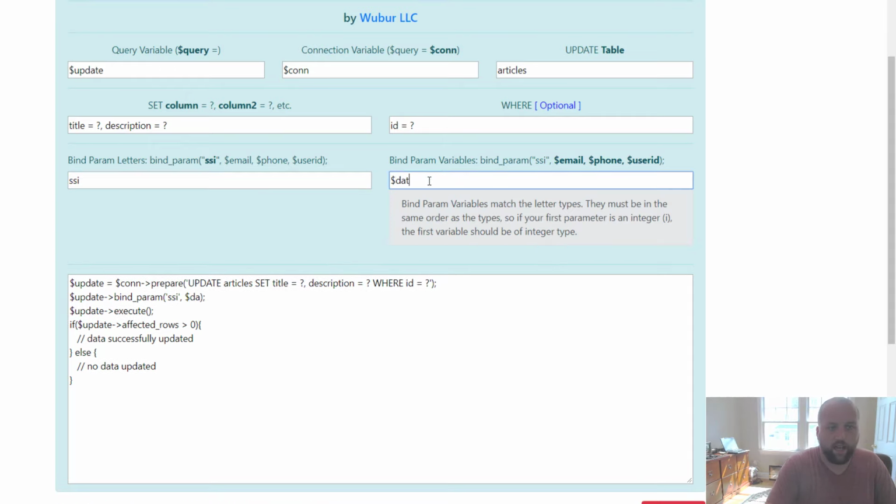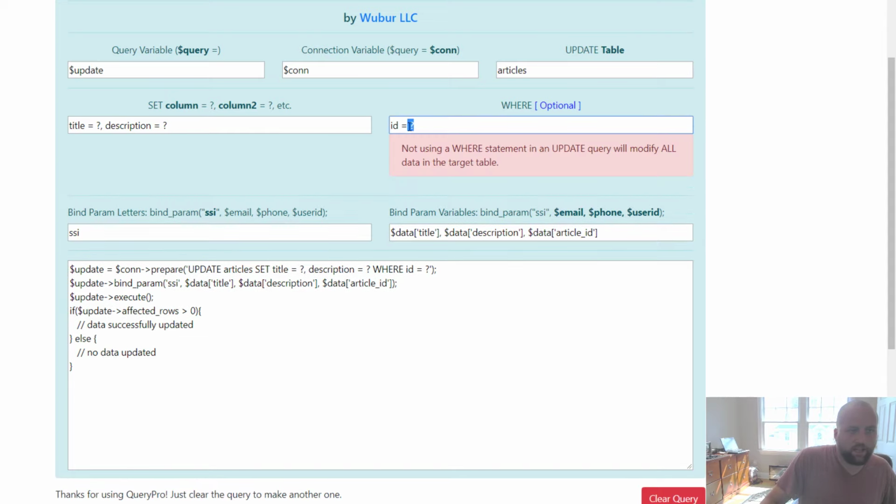Down here we could say same kind of thing: data title, data description, and for the ID we could say data article ID. And same as I was saying before, everything matches up to these letters, which match up to these